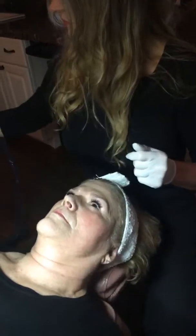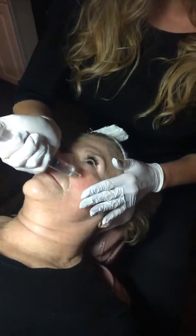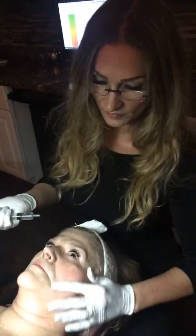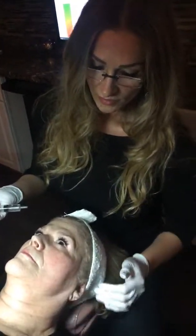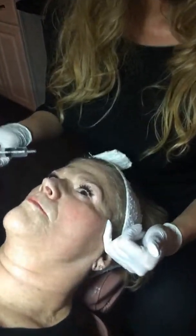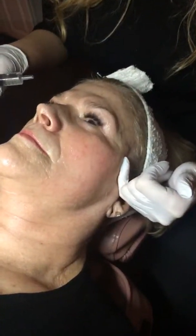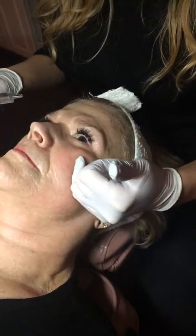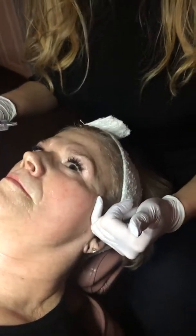So it does double duty. Double duty. And then what's the downtime after doing something like this with the microneedling? Well, you can see she's starting to get that inflammatory response. You can see how she's nice and pink right here. This is probably going to get a little bit brighter within the next 20-30 minutes, and that's what we're